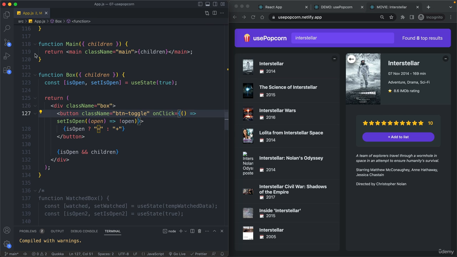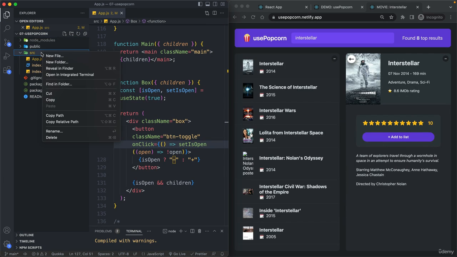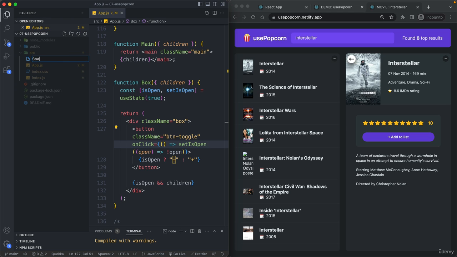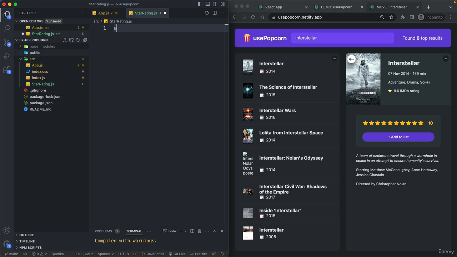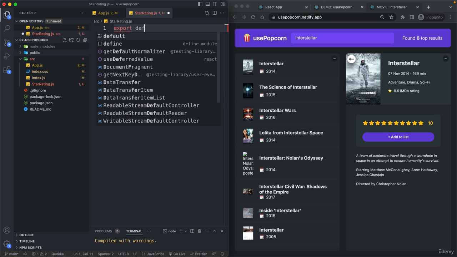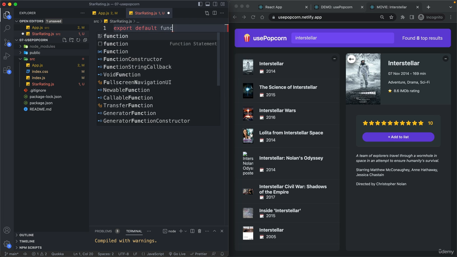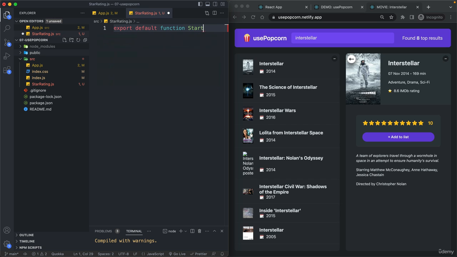But anyway, let's now come here to our project and then let's create a brand new component file here. So star rating, and then export default function and then the name of the component. So star rating, and for now we won't accept any props here. We will leave that for later. And now let's just